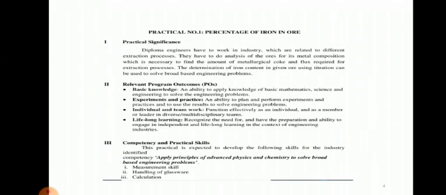Program outcomes are: we must have basic knowledge of mathematics, science and engineering to solve problems. How to perform the experiment, that we are going to learn. How we are going to perform in teamwork. In this we are going to develop the measuring skill, handling of glassware as well as how to perform the calculation. The minimum theoretical background we must know.